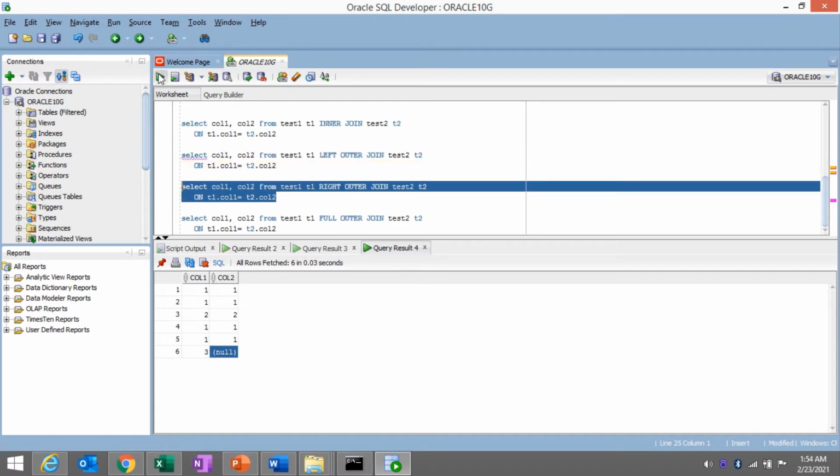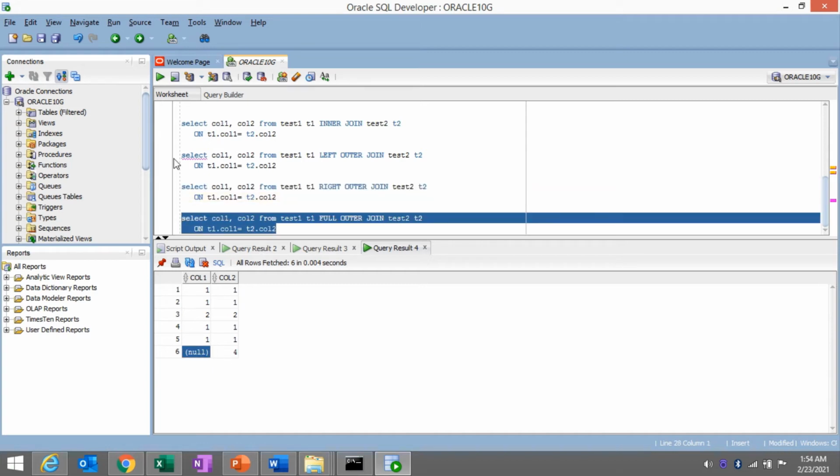Same thing if you perform the right outer join: the records which come in the inner join, and also an extra record like 4, the last one, which is there in the right side table, but it is not there in the left side table. There is no matching value in the left side table,